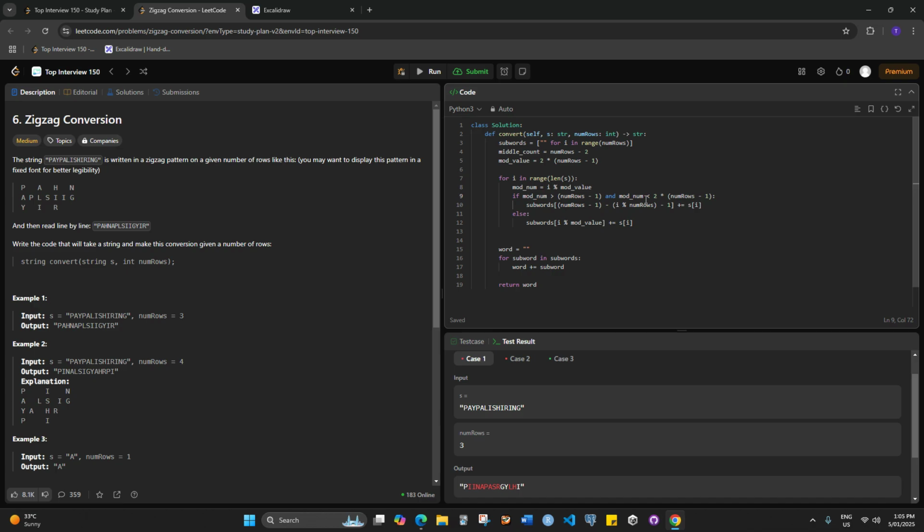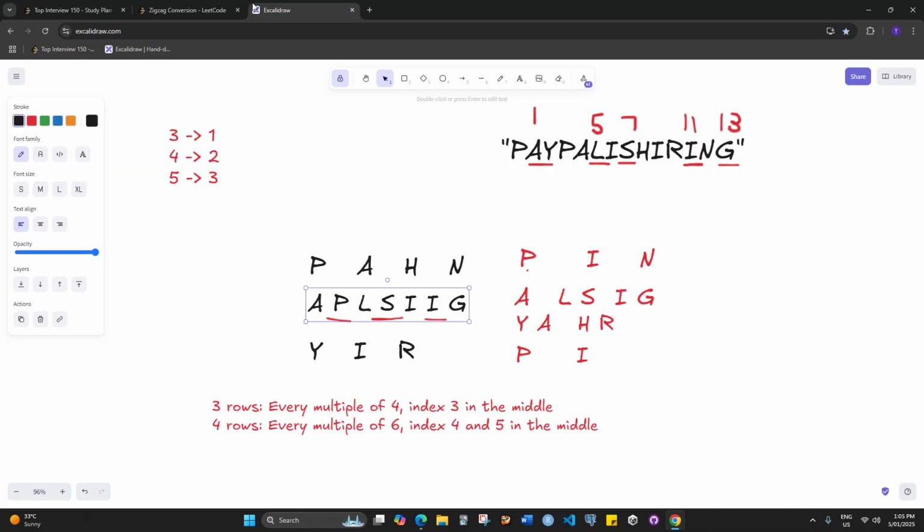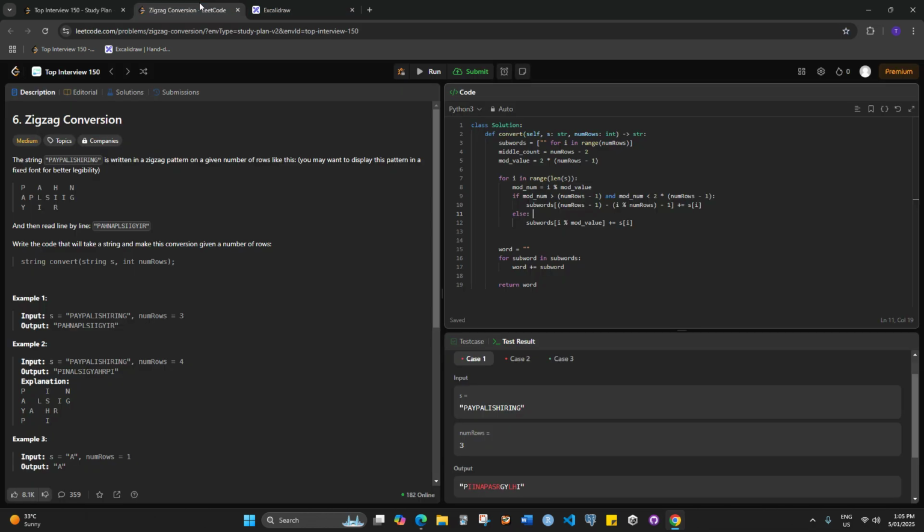We'll do num rows minus 1, which is, so sub num rows is going to be 3, 3 minus 1 is 2. 7 mod num rows is going to be 1. So 2 minus 1 is going to be index 2 minus